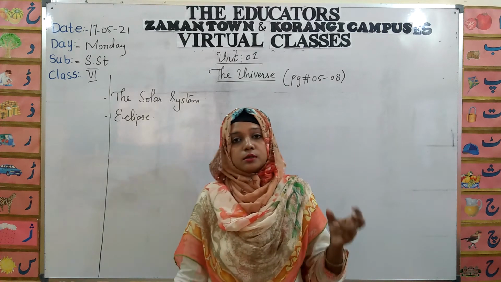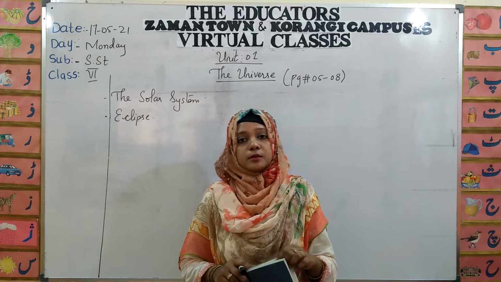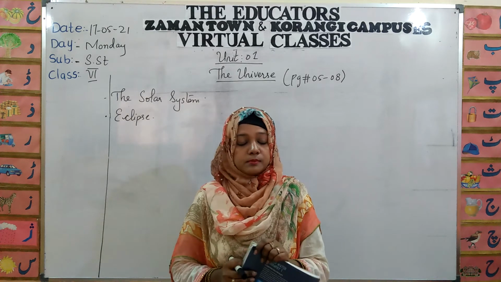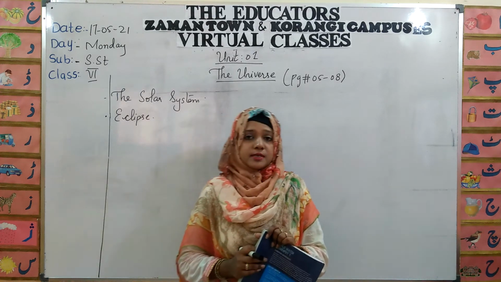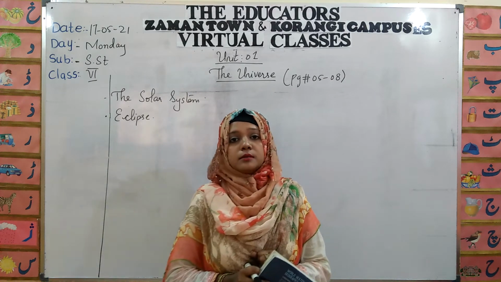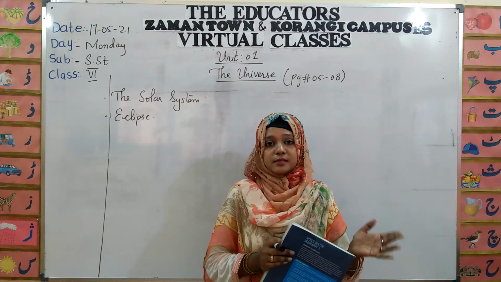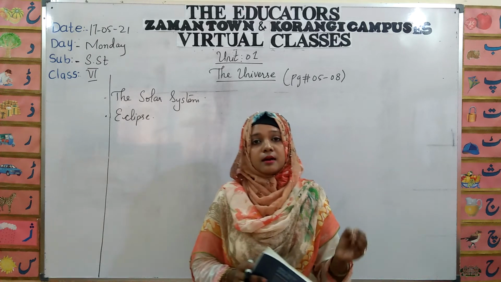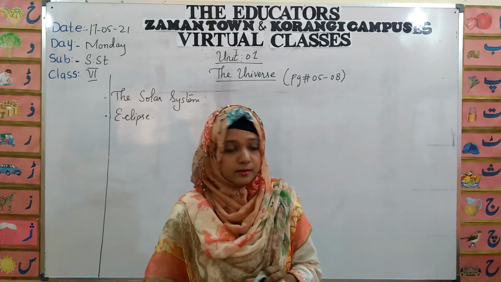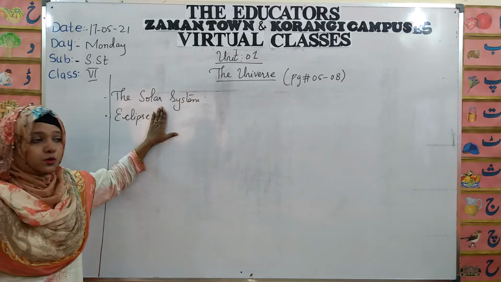nebula, that was a cloud of gas which tends to form different bodies like the stars, moon, sun, planets, etc. And in the previous class, we discussed how the gases of the nebula tend to form the stars. And again, I explained to you that the Sun is our greatest star, the greatest star of our galaxy. Now let's talk about the solar system.